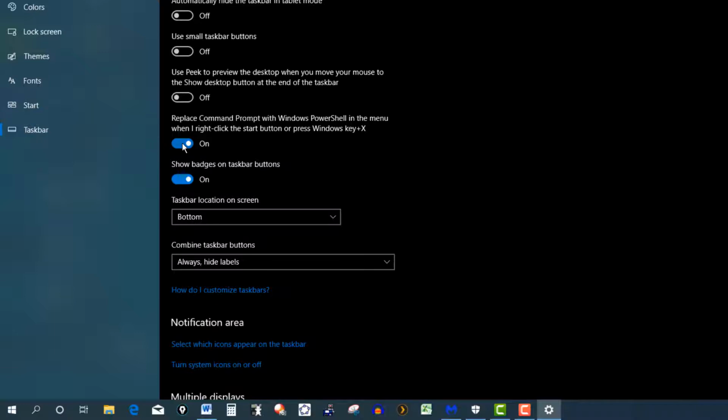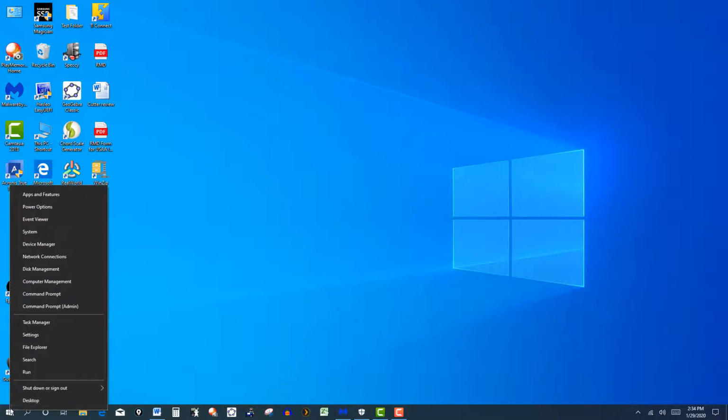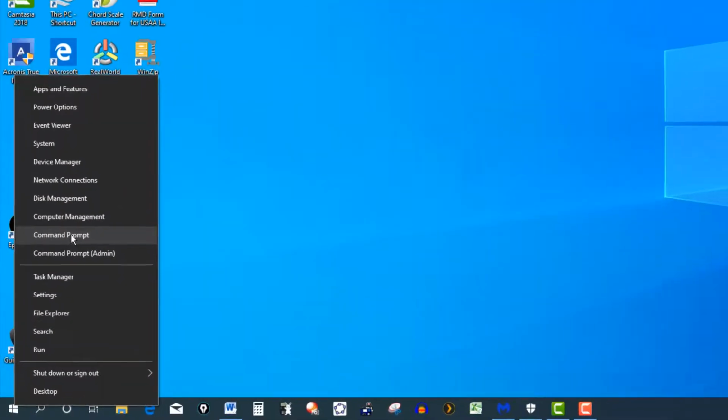So if you want command prompt instead, then just turn this off. Okay, we close it. So now if I right click in the start menu, now you see command prompt